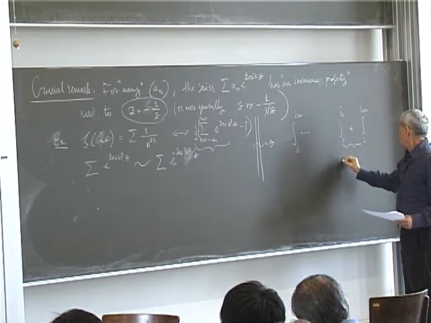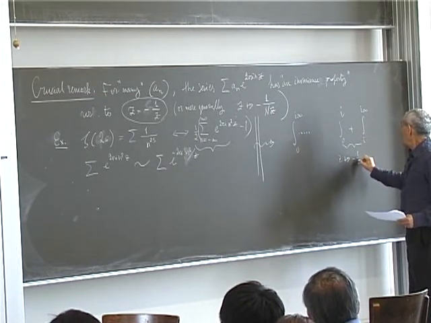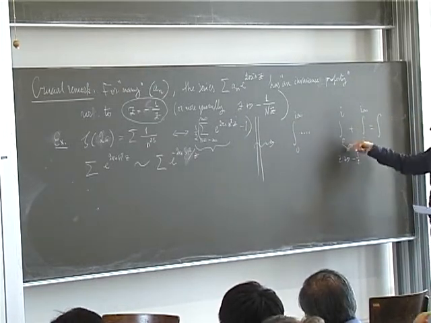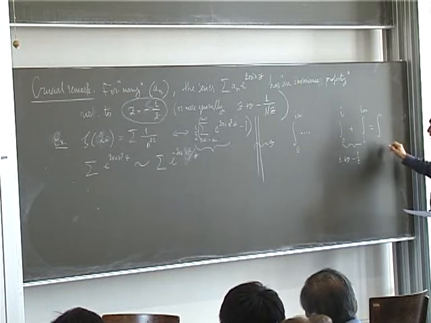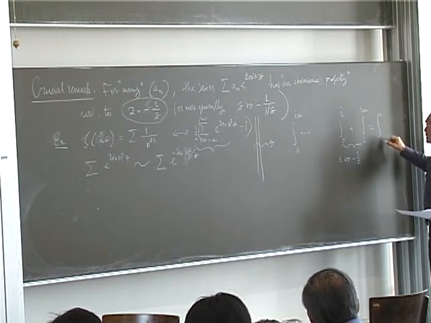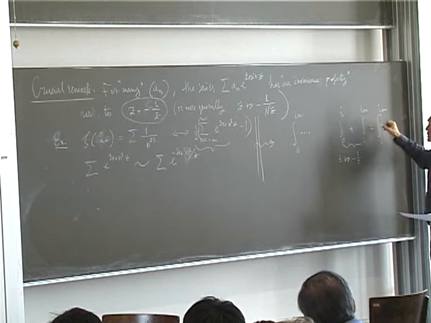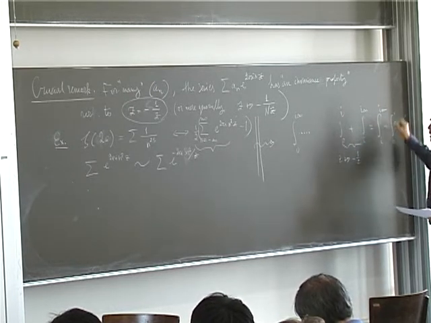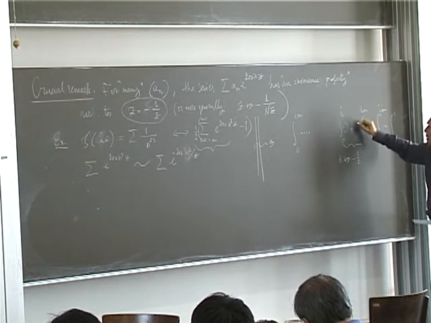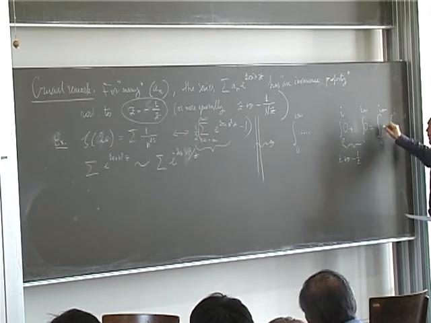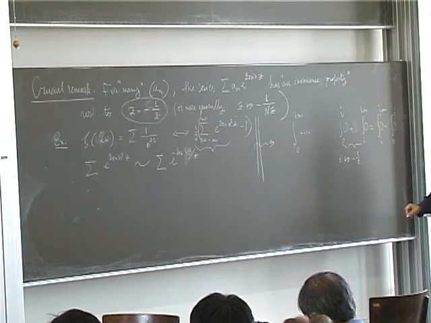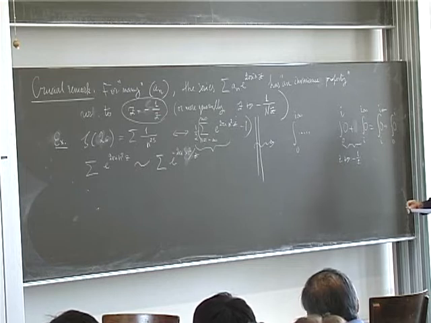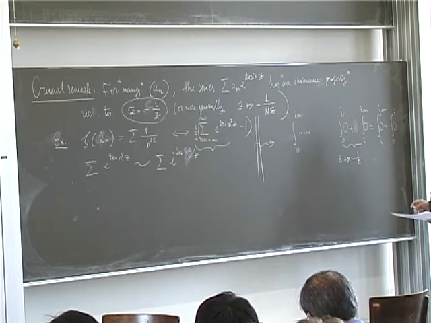And when you make this change of variables, this becomes essentially an integral from i to infinity, whereas this becomes an integral from 0 to i. So if your integrand is absolutely invariant with respect to z goes to -1/z, then you get an identity which is trivial,